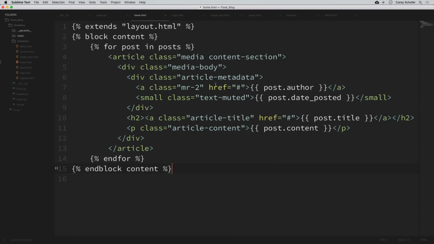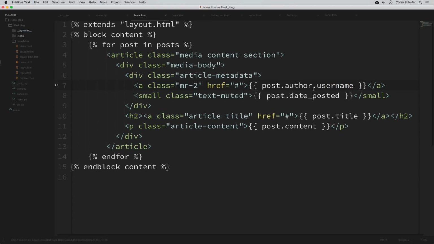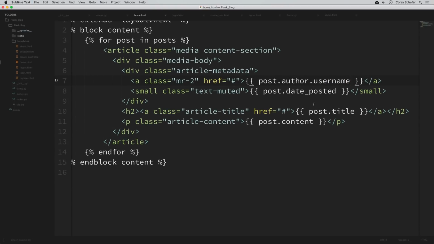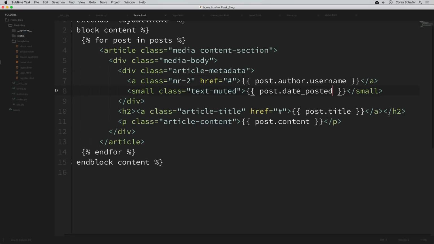So you can see here on line 7, this is where we were printing out that entire user, but we don't want to print out the entire author. We want to print out just the author's username. So instead of post.author, let's do post.author.username. And to display just the date instead of the entire date time, then we can use the strftime datetime method. So right here where we have this date posted, now this is a datetime object, so we can use these datetime methods. So we can simply say